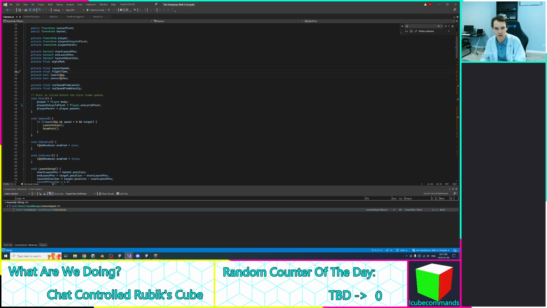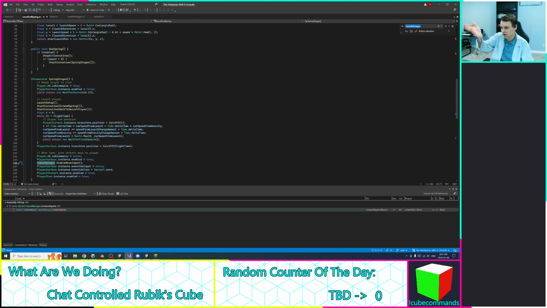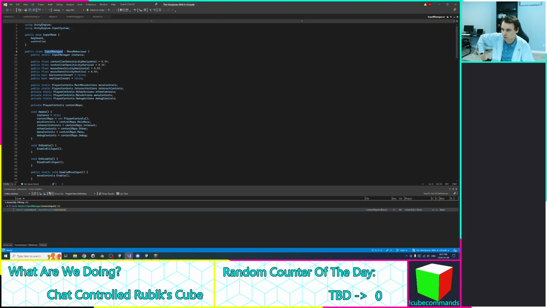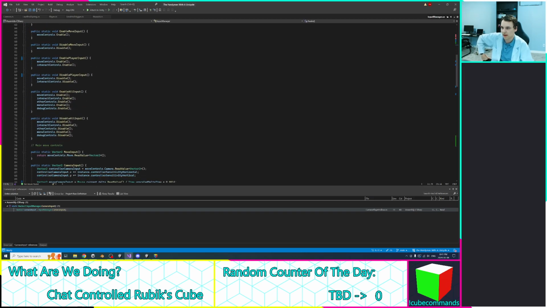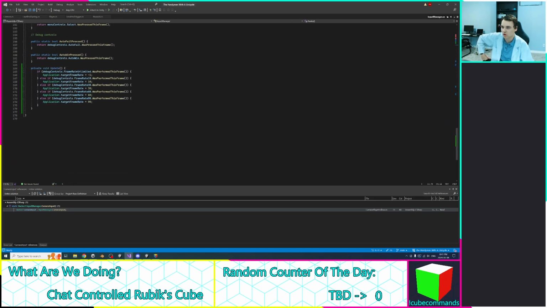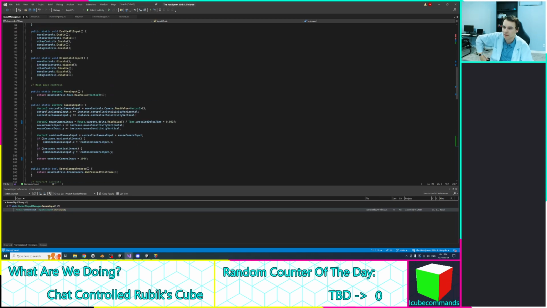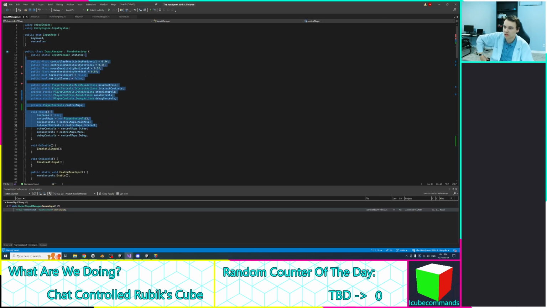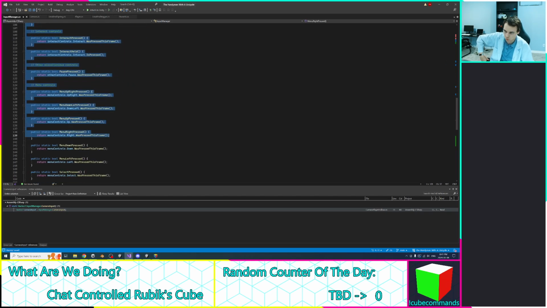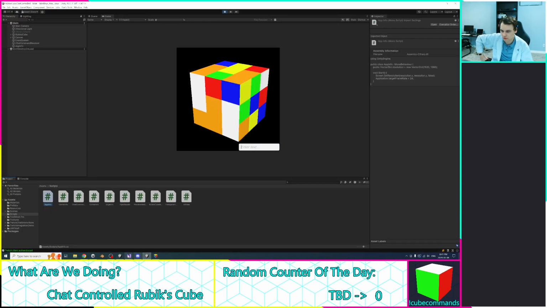Well, I guess one thing I can actually show that's more new. We'll get to the cube stuff in a second, but just to show off things I've been working on that's also coding related. I made this input manager. Wow. A thing that I had been meaning to do for a while, but kept putting off doing other parts of the game. Yeah, so all of the input in my game is now controlled in one place rather than scattered throughout many bits of code. It's all managed here, and my first time using Unity's input system,